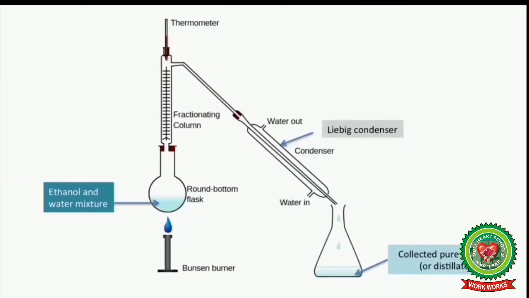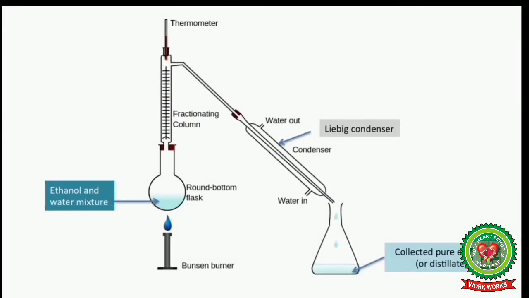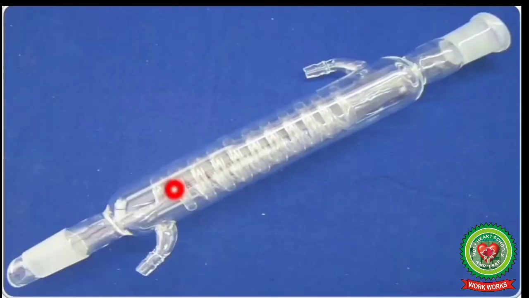Students, the apparatus used in this process is the same as that used in the distillation process. But in this case, this long fractionating column is used. This is the only difference. The rest is the same. Two miscible liquids, for example water and ethanol, that are to be separated are taken in the round bottom flask, also called the distillation flask, and heat is supplied to the mixture. Students, this long fractionating column, as you can see, consists of a number of obstructions due to which the cooling area for the hot vapors increases.